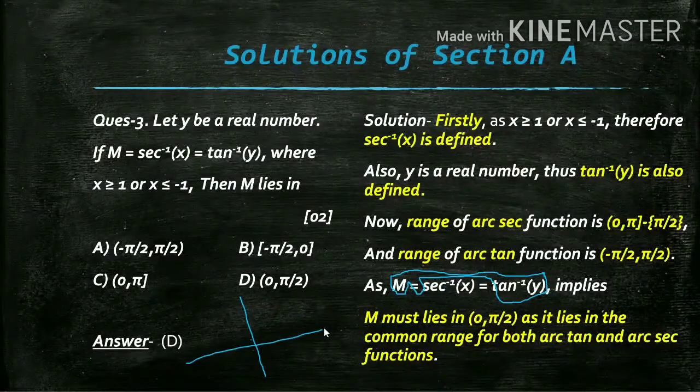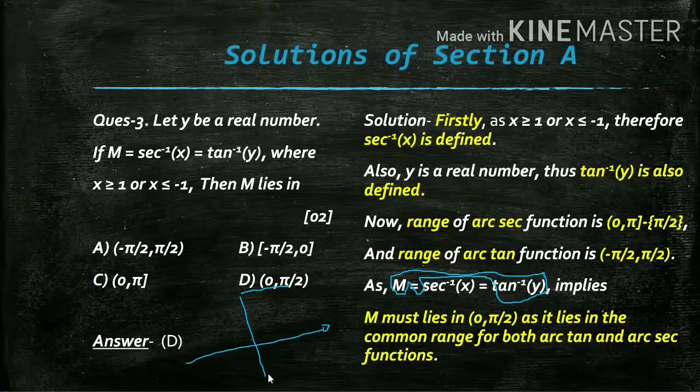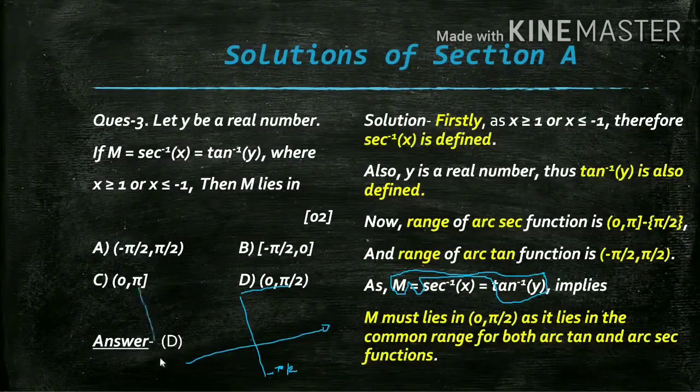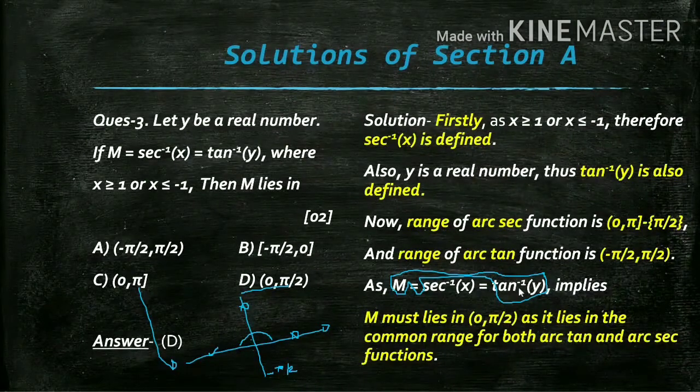Now I told you this thing. This is 0. And this is nothing but pi by 2. And this is nothing but minus pi by 2. Right? And this is nothing but pi over there. Right? Just understand. So in the previous part, angle was this, not including this, and not including this. This can be included. Now what if m equal to tan inverse y? So then m must lie in this region